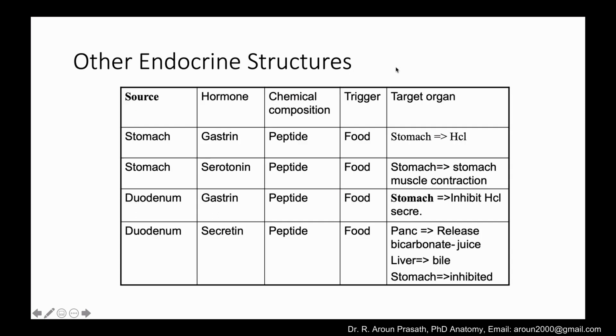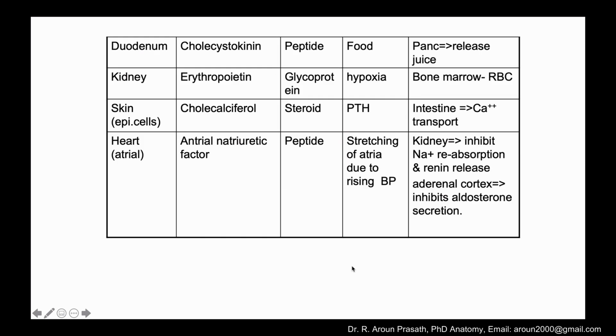You see, the stomach and the duodenum are acting among themselves. Gastrin makes HCl secrete, whereas the hormone secreted in the duodenum reduces the HCl secretion in the stomach. Okay, likewise, if you look at the